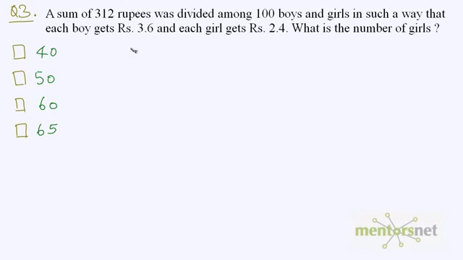Let us consider that the number of boys is X and the number of girls is Y. The total number of people here is 100, so X plus Y is equal to 100. And we have been given the sum that is distributed among these boys and girls. Each boy gets 3.6 rupees, so the total sum for boys is